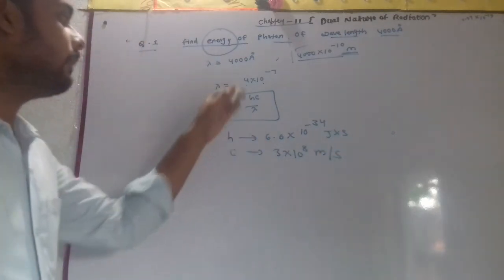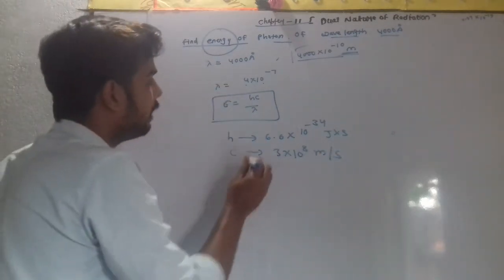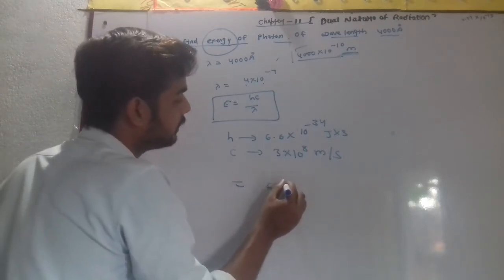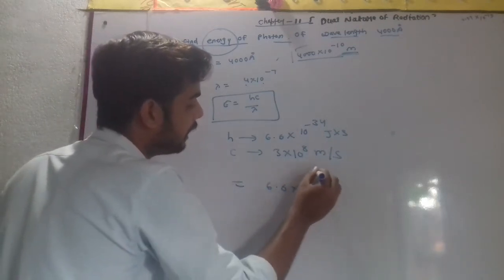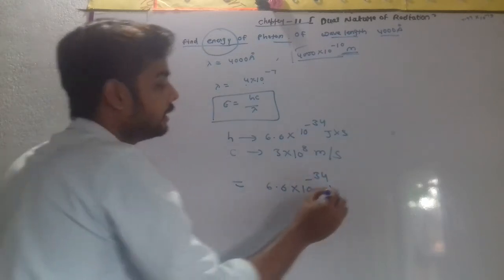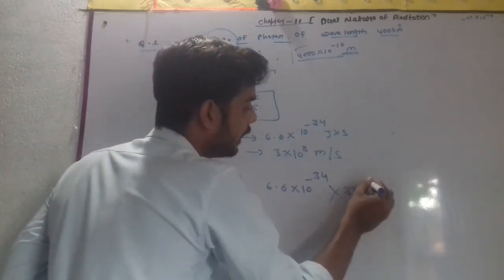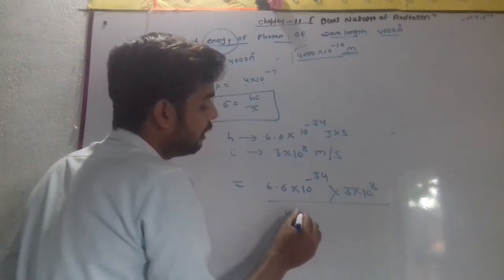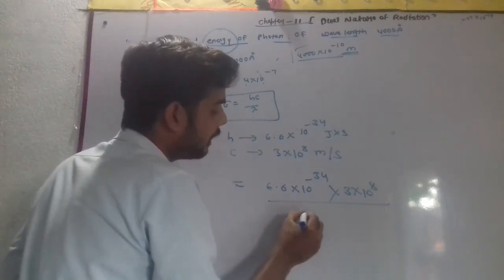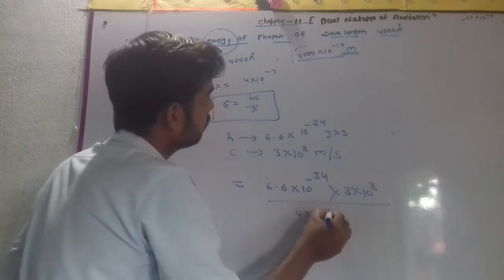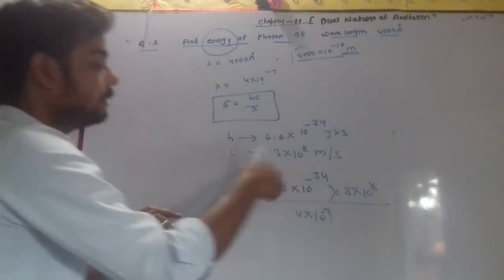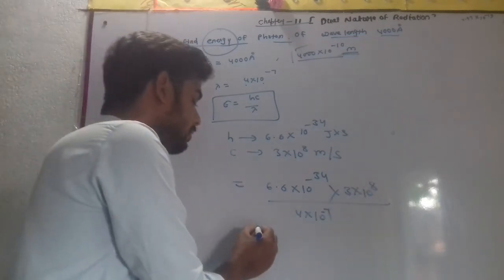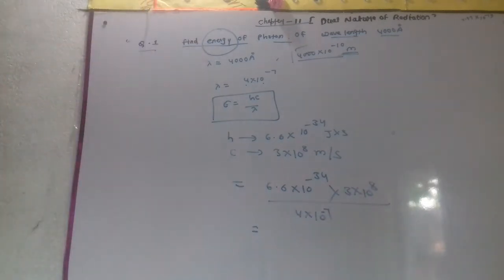So we will put these values in this equation, then we will determine the value of E. What will we put? h means 6.6 into 10 to the power minus 34. The c value is 3 into 10 to the power 8, divided by lambda, which we have changed into meter, 4 into 10 to the power minus 7. So this will come to the upper side, then it will be cancelled, and if we solve it, I have solved previously,